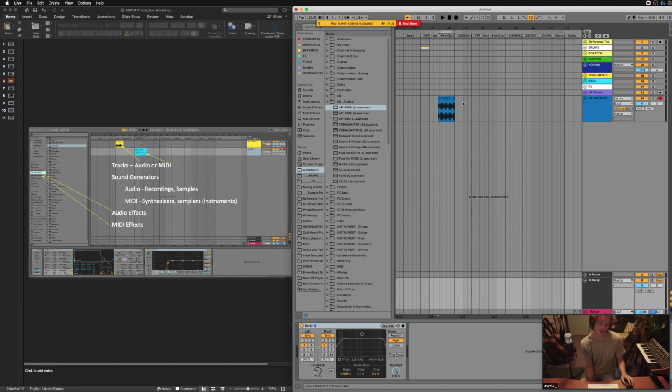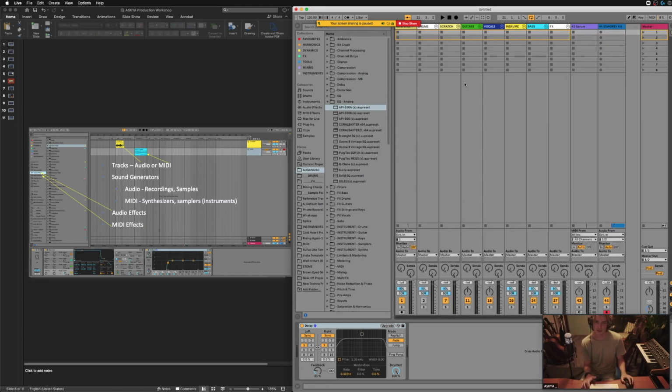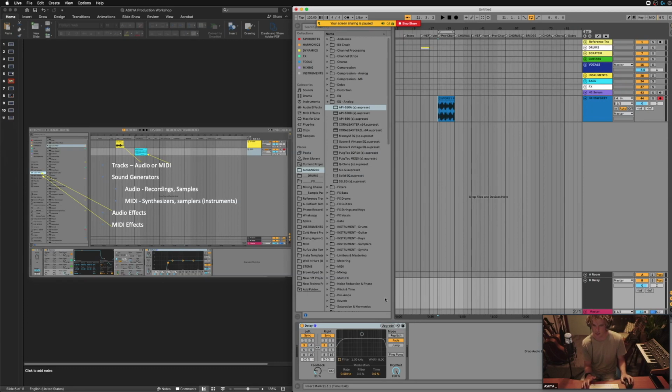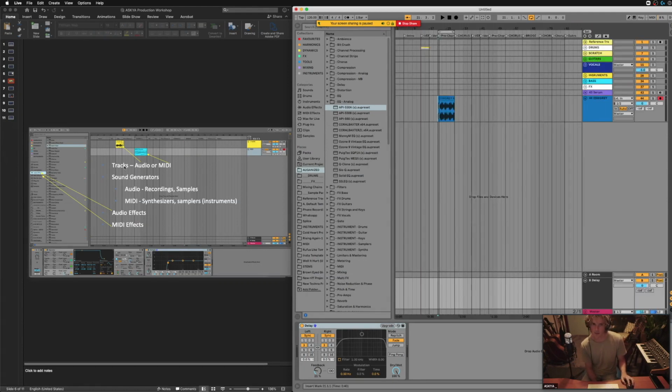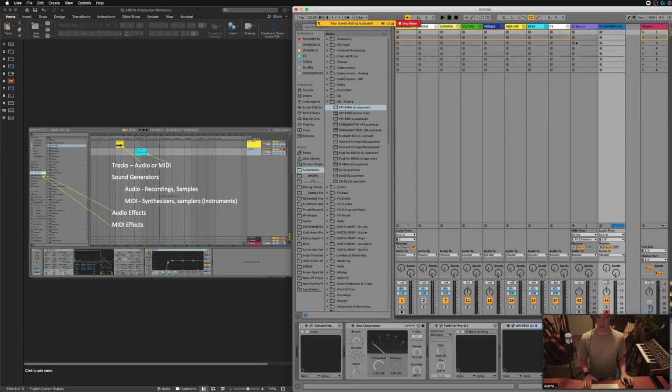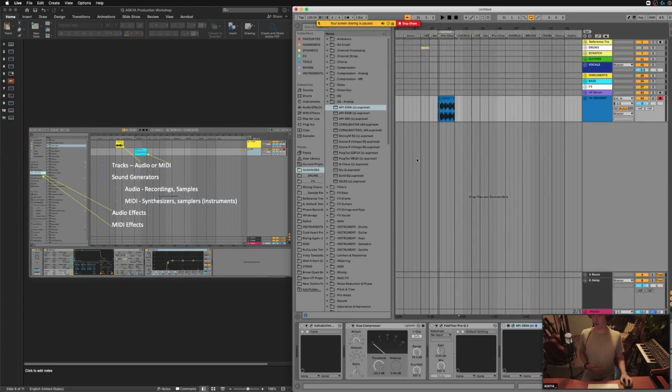So this is Ableton. Logic is the same, but Logic has the mixer tracks down here, on the main page. But essentially most DAWs are the same. They are all the same, more or less, at the fundamental level. And you have either audio tracks or MIDI tracks. This is an audio track, and you can